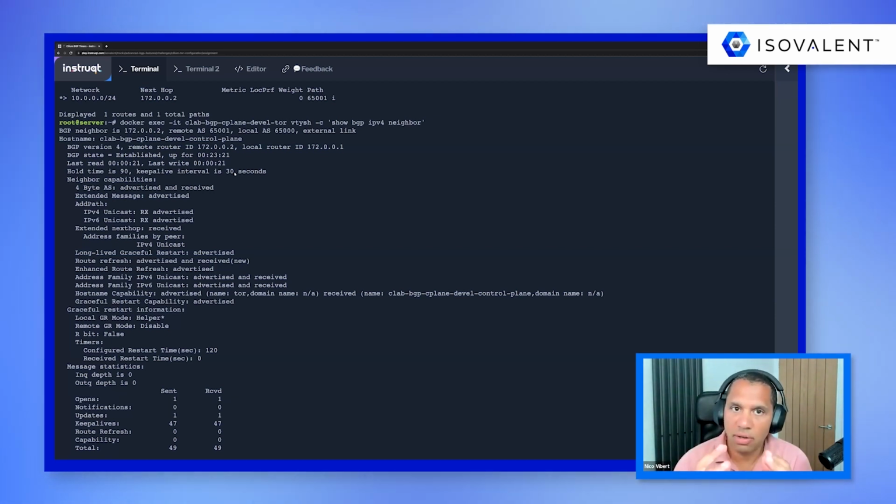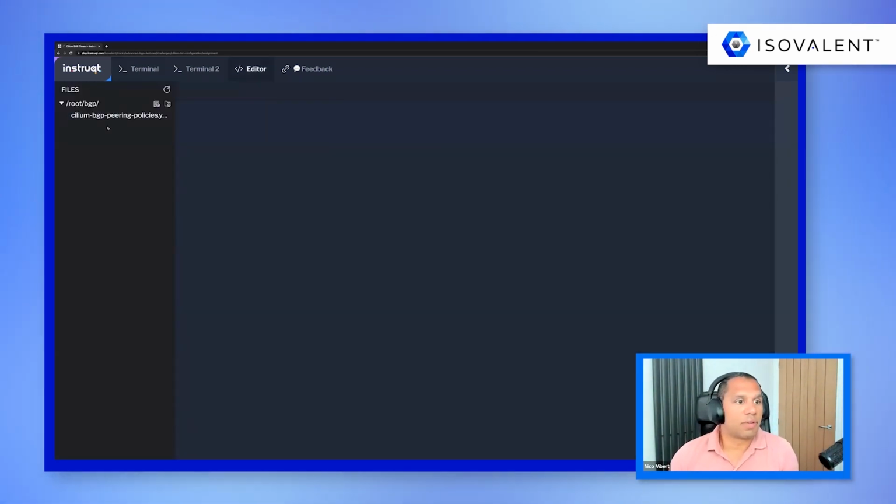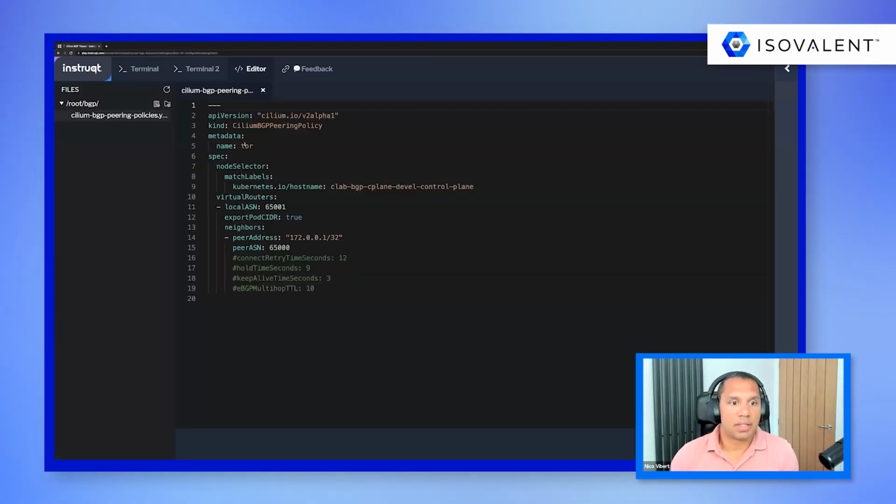Now again, let's go and reduce these timers, which will enable us to detect an outage faster and recover from the outage faster. So the way we define the BGP configuration in Cilium is using a BGP peering policy. And let's have a look at a peering policy. It's a very simple configuration. We've essentially defined on which node we're going to apply BGP.